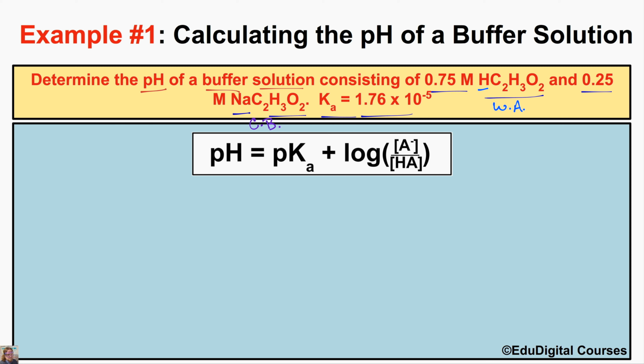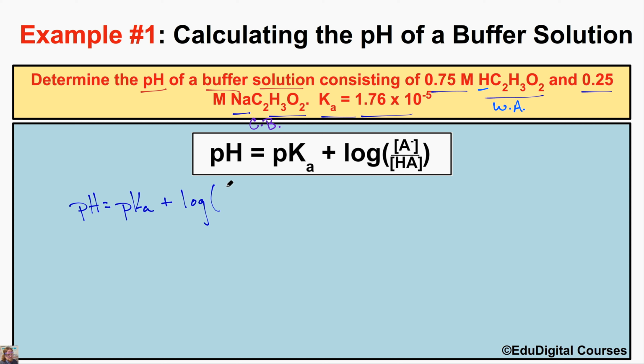And so what we're asked to do is determine what the pH of this buffer solution is going to end up being. And so anytime you're asked to calculate the pH of a buffer solution, you're probably going to have to use the Henderson-Hasselbalch equation, which is right here. So to get the pH of our buffer solution, we're going to have to take the pKa value plus the log